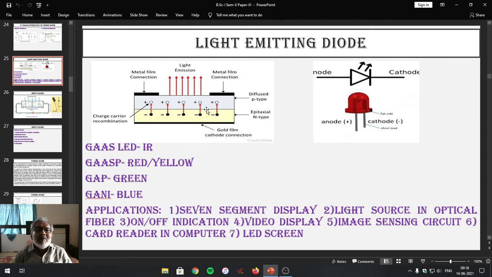When an electron recombines with a hole, it will emit a photon as a light particle. So this is the motion of the electron, and it will recombine with the hole in every place. Recombination of the electron and hole is more near the junction and less as we go away from the junction. After recombination of the electron and hole, it emits a photon as a light particle.